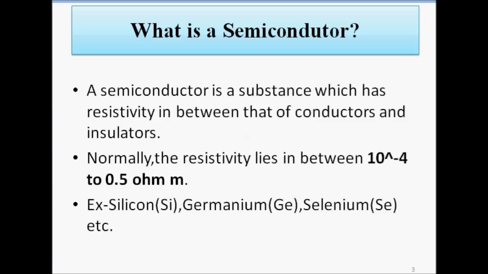We all know resistivity is the net opposition offered by a material to the flow of current through it. So in simple terms, a semiconductor has its resistivity more than that of a pure conductor, which means that it offers more opposition to the flow of current as compared to a conductor,